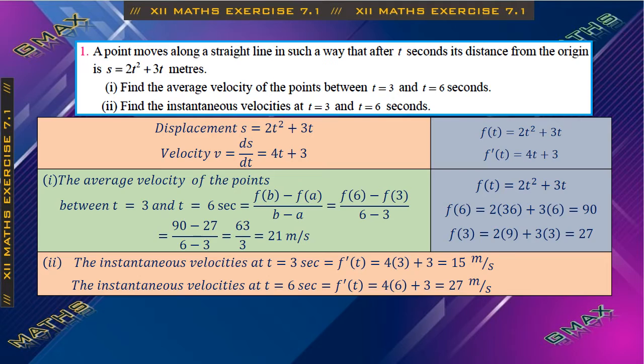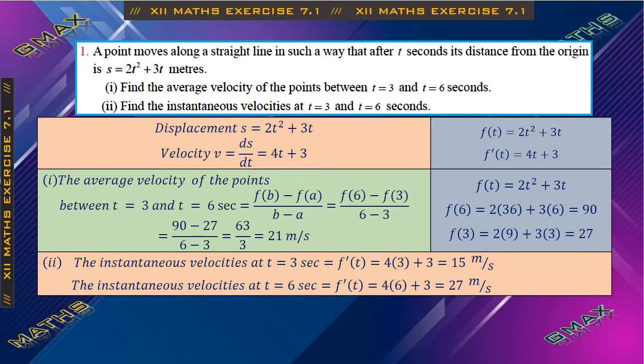Right. First, the given equation is called the displacement equation, that is s equal to 2t square plus 3t. Then velocity is one time differentiation of the displacement equation, that is ds by dt. Now we are going to make use of the formula. When you differentiate t square, this is the first formula. First follow how the formula is utilized here. That is 2t, that is 4t plus 3.